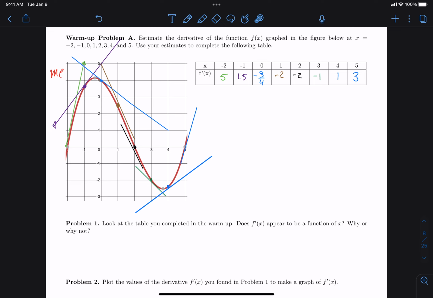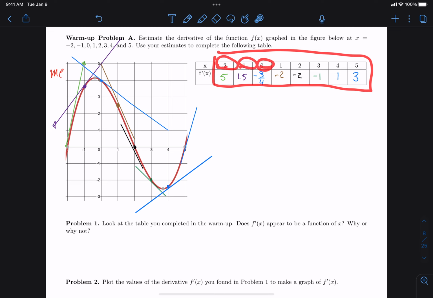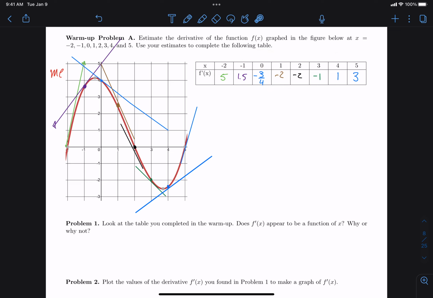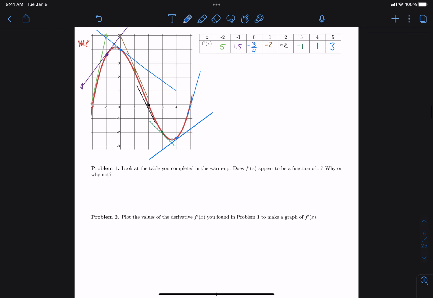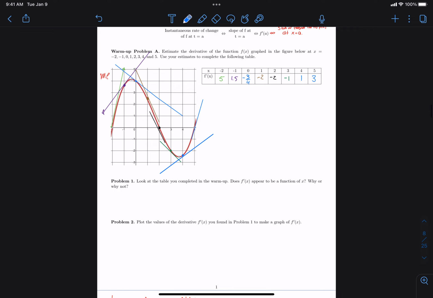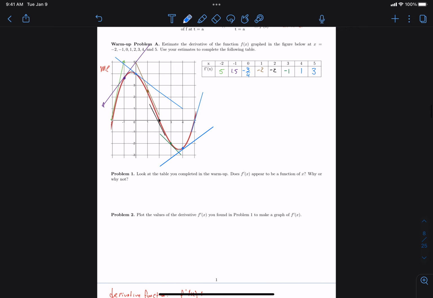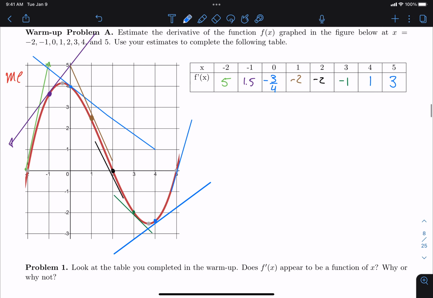Well, we could plot all of these points here, right? This is a table of values with inputs being x values and outputs being these guys here. So in fact, we could call this a function of x. And we could even draw its graph. So let's do that. Why don't I just draw its graph on here? What does it look like? Well, we start at 5 and then -1.5. So we start at 5. Then we got to go down to -1.5. And then we got to go down to